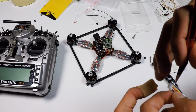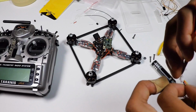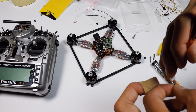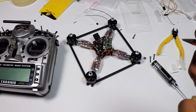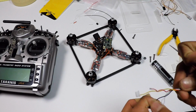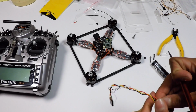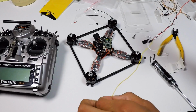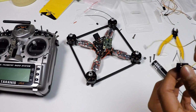So push the cable in, and then with your knife, lift the tab up and push it off, just like so. So now all we're going to be needing is our yellow cable for our actual, what is it called, S